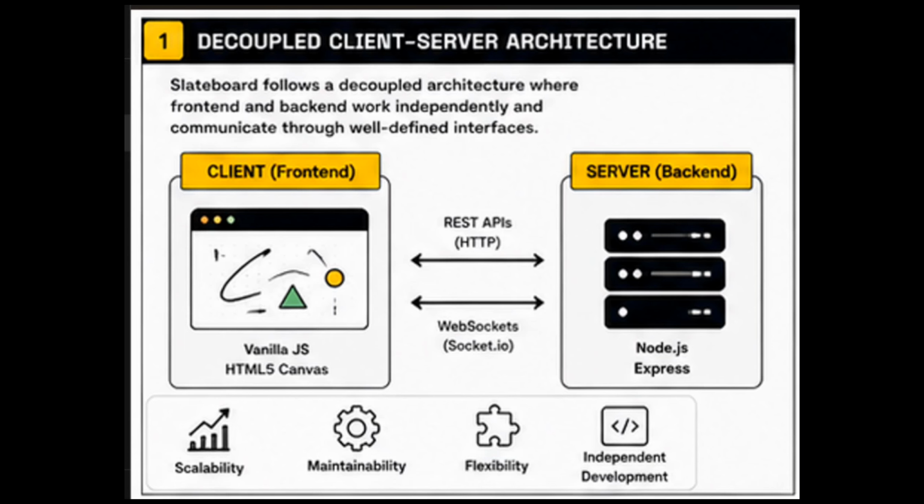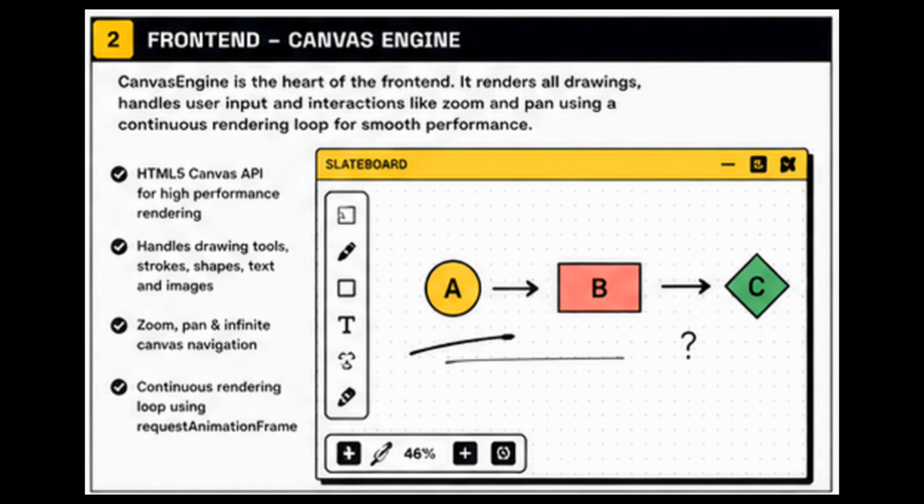On the front-end side, we use vanilla JavaScript along with the HTML5 Canvas API. The core component here is the Canvas engine, which is responsible for rendering all drawings on the screen, handling user inputs, and managing interactions such as zooming and panning. The Canvas engine operates using a continuous rendering loop, which ensures that drawing operations appear smooth and responsive to the